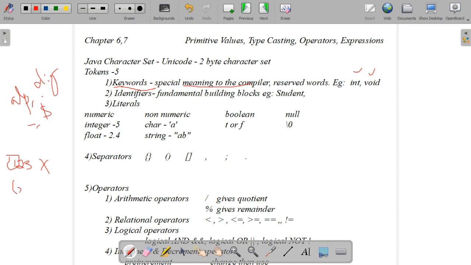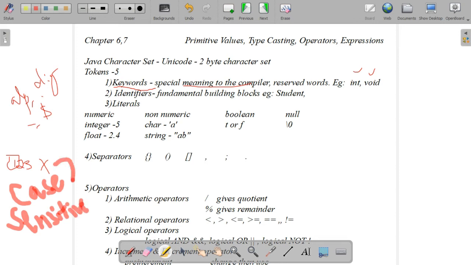It is case sensitive. Java is case sensitive. What do you mean by case sensitive? It will treat lowercase letters and uppercase letters differently, as different words or different identifiers. Java is case sensitive, that is, uppercase letters and lowercase letters are treated differently.